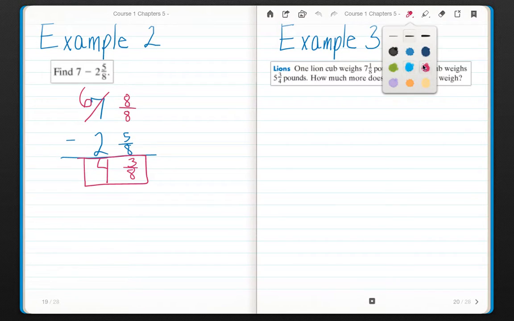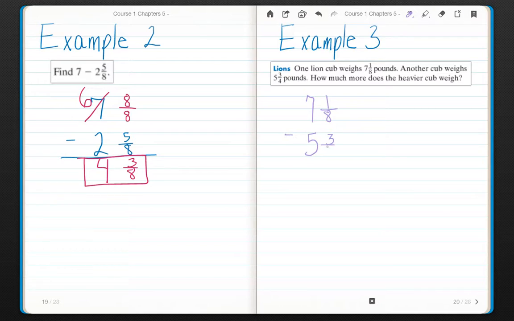All right, example 3. A lion cub weighs 7 1/8 pounds. Another cub weighs 5 3/4 pounds. How much more does the heavier cub weigh? So again, I'm subtracting. 7 1/8 minus 5 3/4. So my first step is to make sure that I have common denominators, and I do not. So I'm going to convert this to eighths by rewriting the entire problem. 7 1/8 minus 5